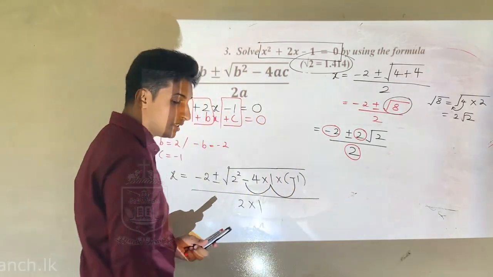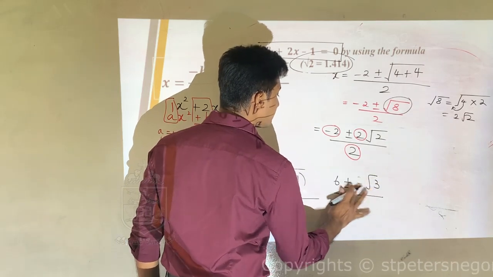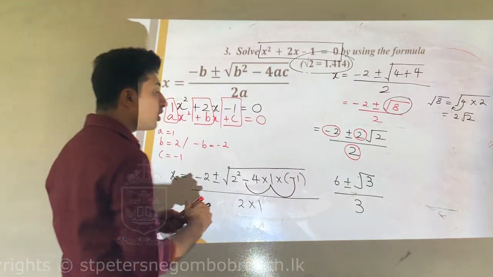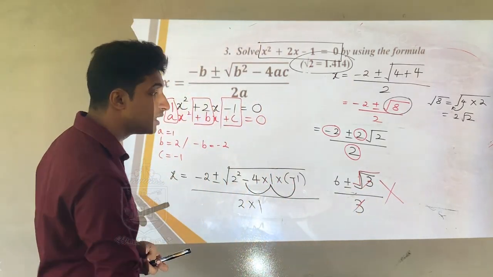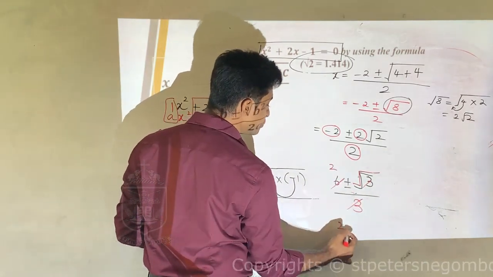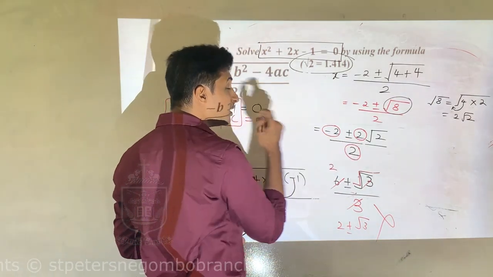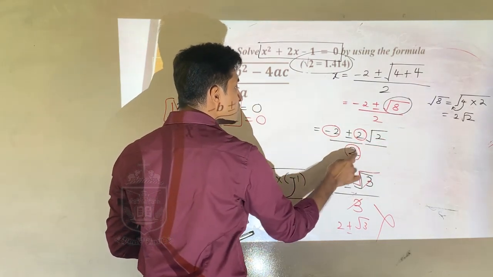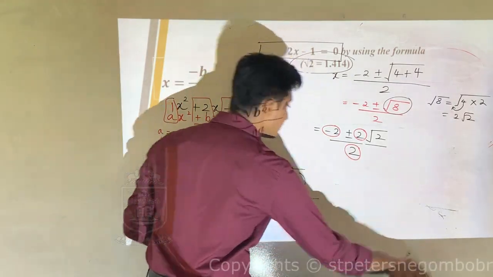If you have something like 6 plus or minus 3 root 3 over 3, now you cannot cancel 3 and 3 because this is inside a square root. This is wrong. You can't cancel. These types of questions you cannot divide. You can't divide saying that this is 2 plus or minus root 3. This is wrong. Remember, if you want to divide any term, both these terms, not the square root, but these two terms, should be divisible by the down term. Okay. Therefore, this is fine in this question.